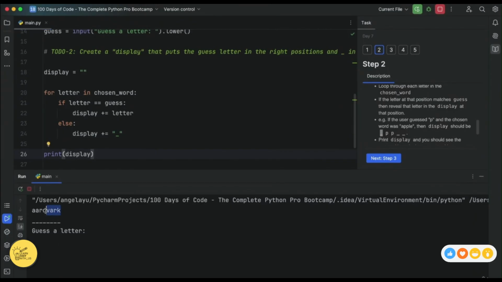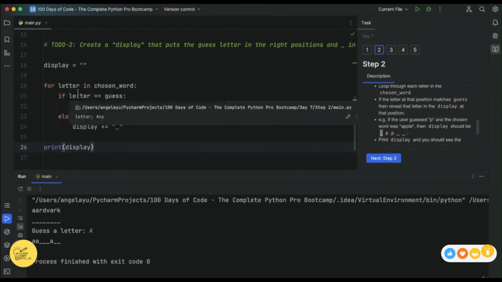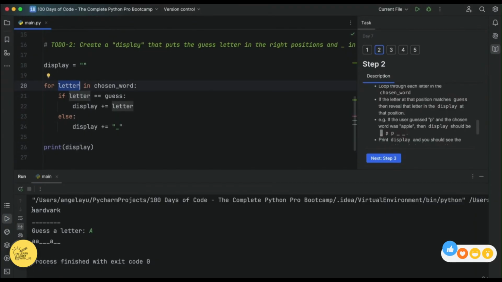So the current word that's being chosen is aardvark. This is the placeholder being printed out with the number of letters in that word. And then we're asked to guess a letter. So I'm going to guess A. And then you can see that for each time this loop runs, we'll loop through the first letter in the chosen word, A. Is it equal to the guess letter? Well, it is. Well, in that case, we're going to add that letter to the display,